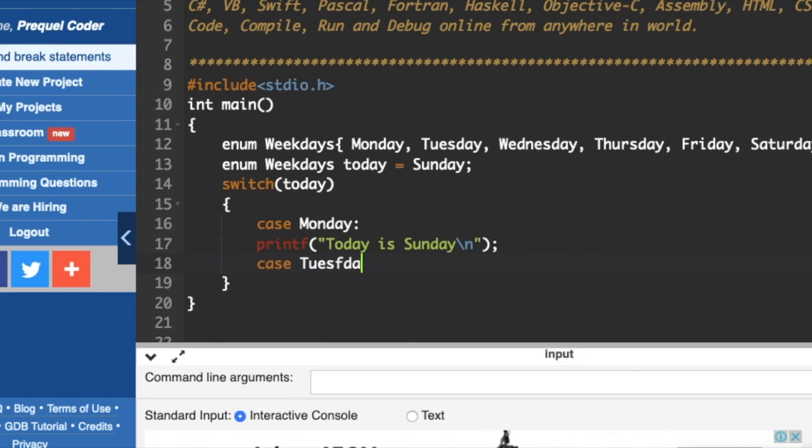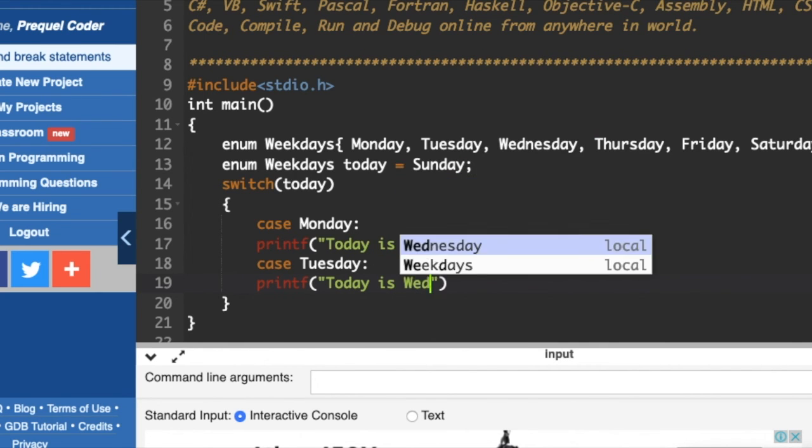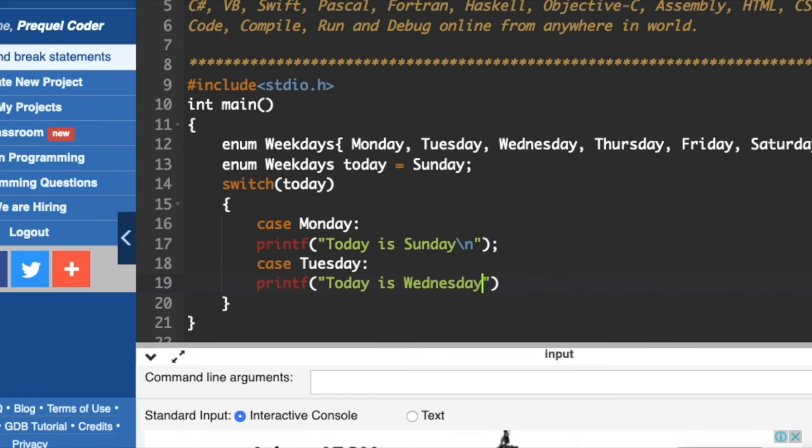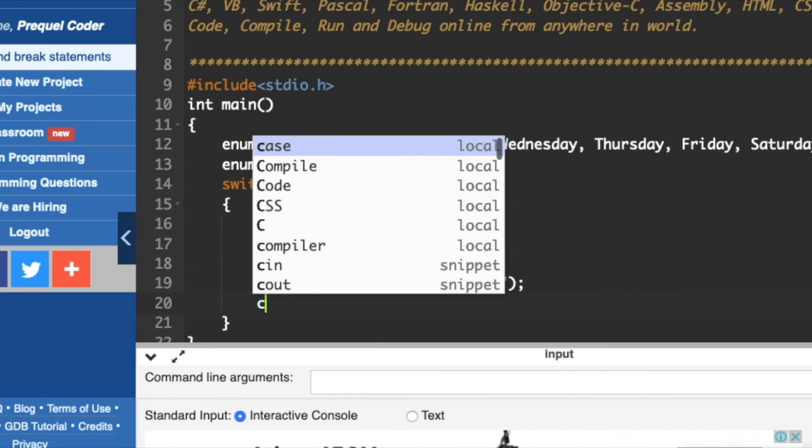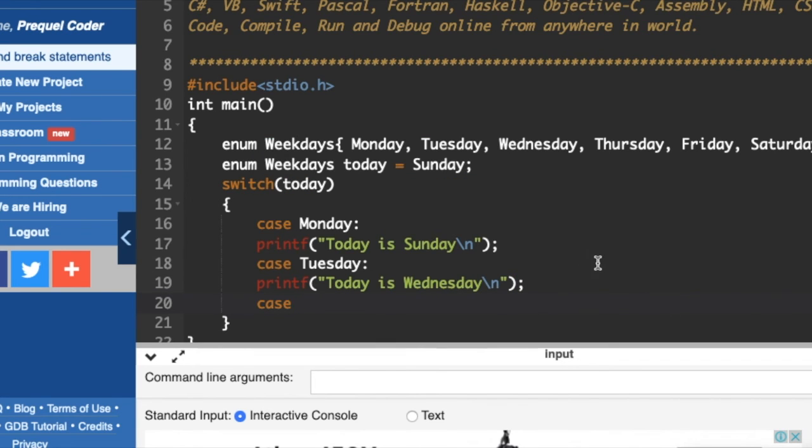Case Tuesday, printing Tuesday to be today is Wednesday. Again I will use the escape character in order to print my other statement in a new line.